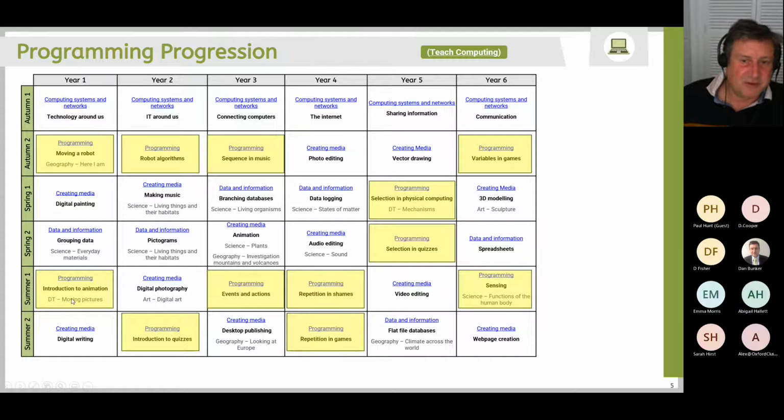There's probably a third of the units that are to do with programming, and the rest are to do with computing as a science or networking, data and information, creating media, and some of the online safety things as well. So it's quite interesting just to see how that progresses.